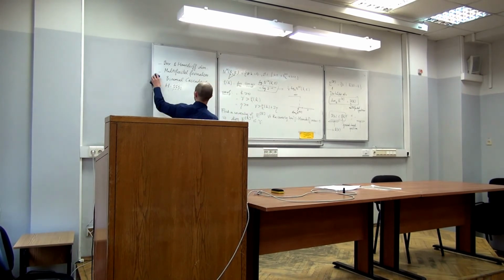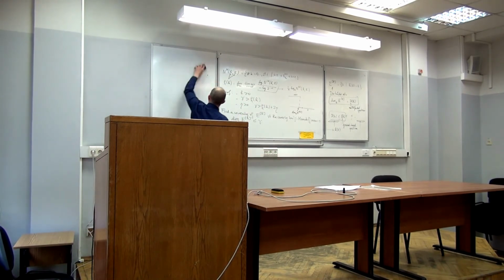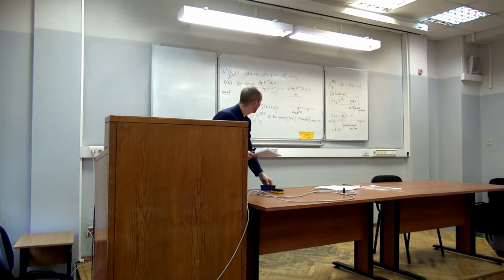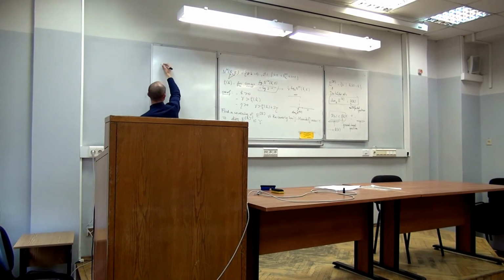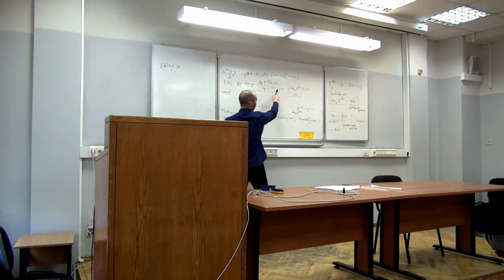Okay, so how can we find this covering? First, it follows directly from the definition that if you take n large enough, because f of h is a lim sup, then what we have is f of h plus a strictly positive quantity will always be bigger than this value here.